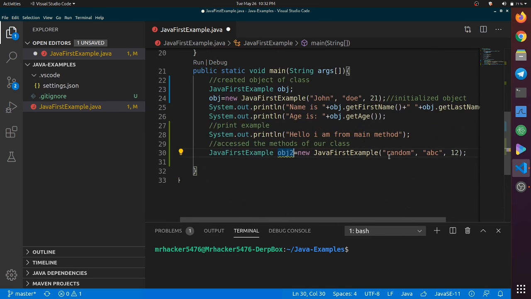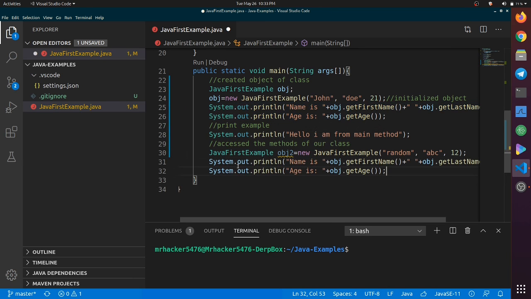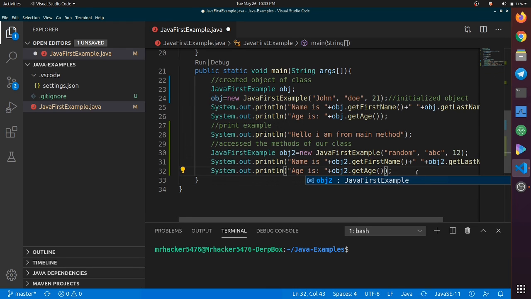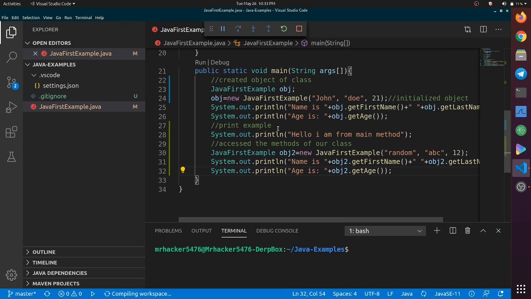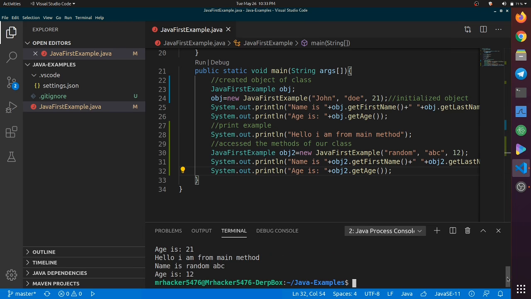So it's time to print, and as you can see, we are creating a new object. So we are actually reusing the same code we have written above, and simply by reusing we are printing another name. So I will simply copy paste this and rename obj to obj2. I don't recommend you guys to do that. Okay, so let's quickly run our code, and here it is.